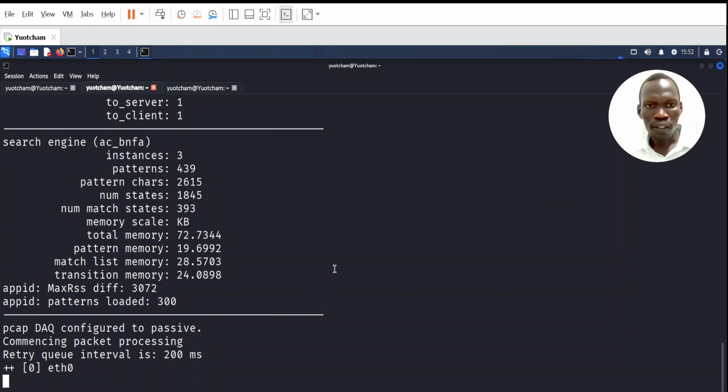Snort is now listening, and if someone now tries to access Facebook, that traffic should come here and say someone accessed Facebook. So in this case, let's just open maybe a browser. We try to open a browser and access Facebook and see if this traffic will be reflected here, if that traffic will be captured by Snort. So opening a browser,